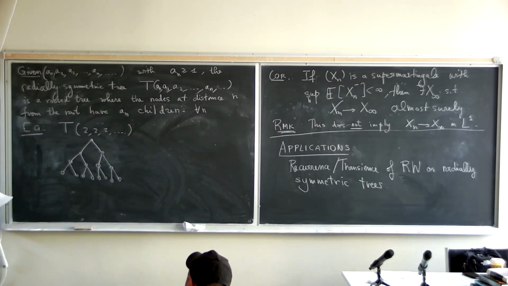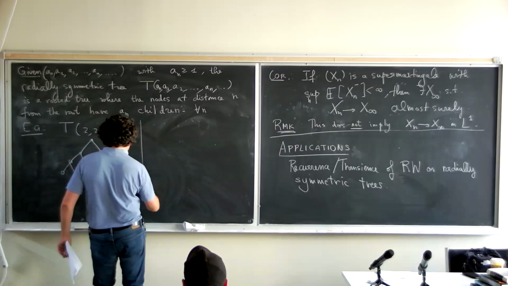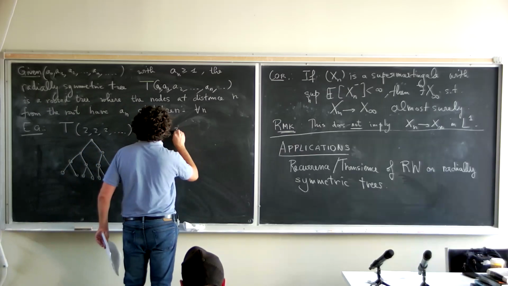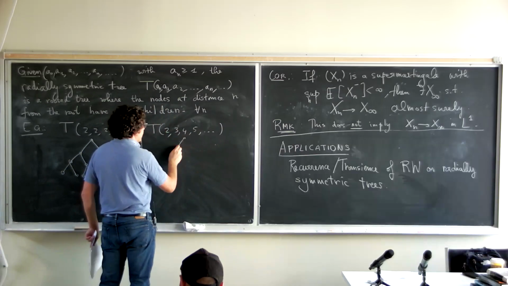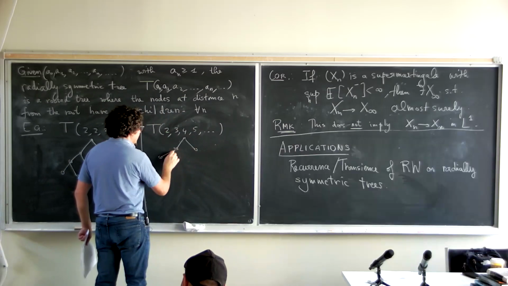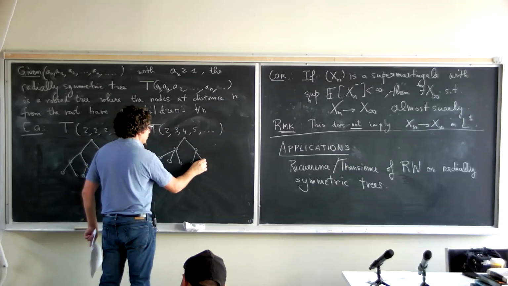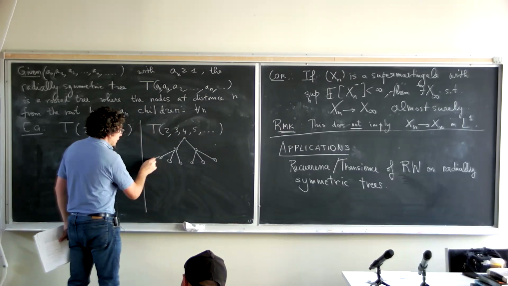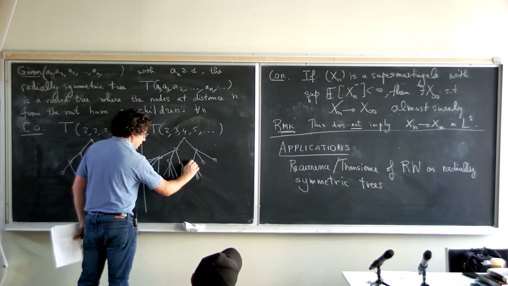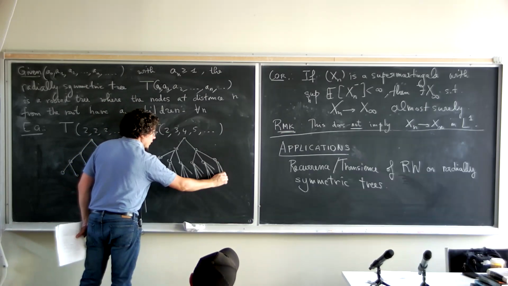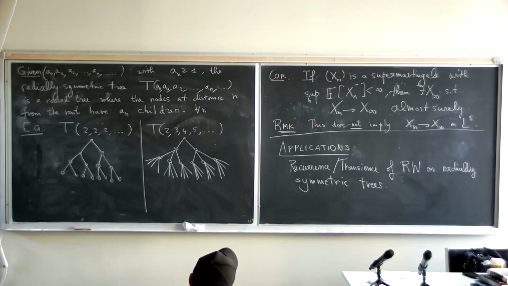I was just confused by an as one of the specific elements. Yeah, because you can change. If you do T of 2, 3, 4, 5, something like this, this would mean you have 2 children, each of them has 3 children, and each of them has 4 children, like that. Okay, definition? Yeah. Okay, good.